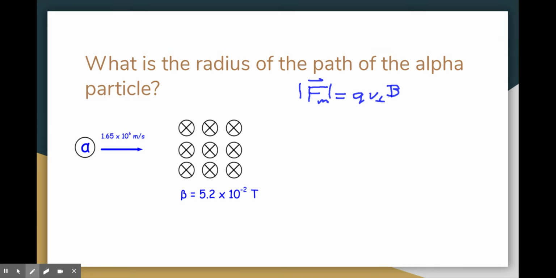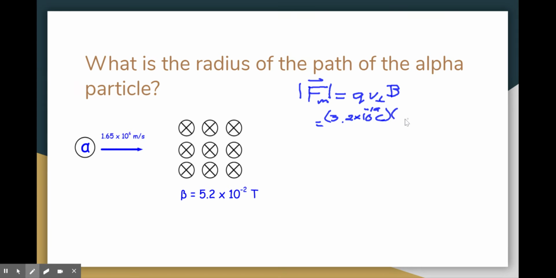We have the absolute value symbols around this force. So let's put in all the information we have. We have the charge of the alpha particle, so it is 3.2 times 10 to the minus 19 coulombs,